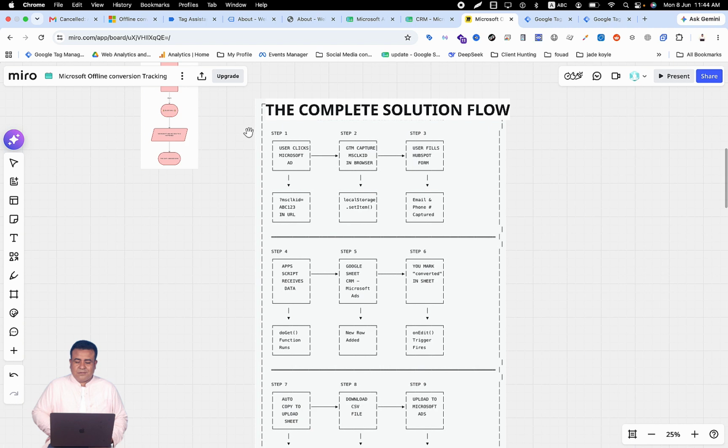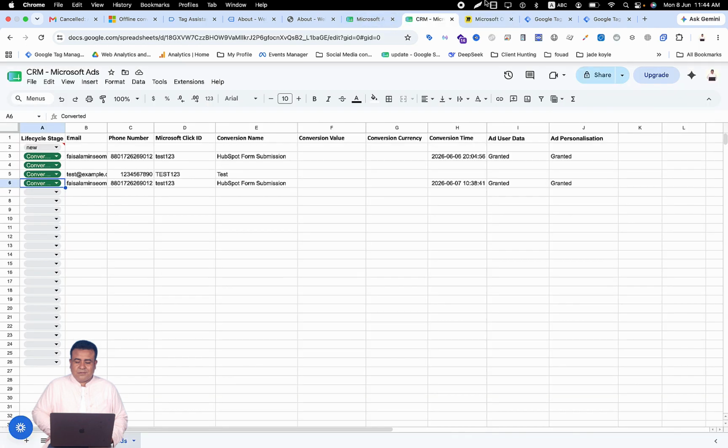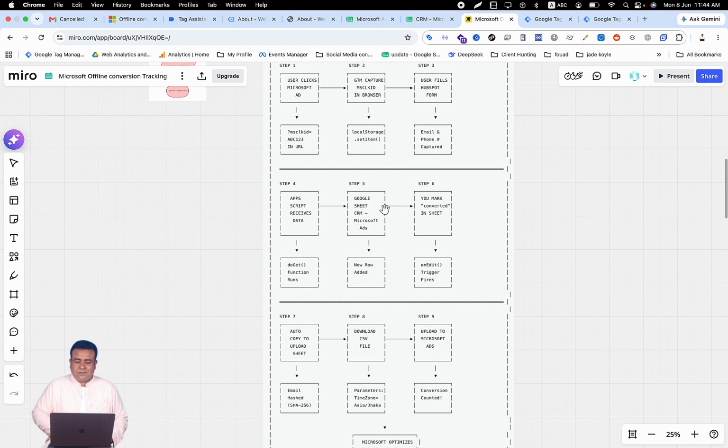So the complete solution is: step one, the user clicks a Microsoft ad, which puts the Microsoft click ID in your URL, and GTM captures the Microsoft click ID from the browser's local storage. The user fills the form by providing email, phone, and all the information is captured. Step 4, Apps Script receives the data, and step 5, the Google Sheet CRM. You see the CRM sheet, a Google Sheet, and through this Google Sheet you are receiving the lead data,